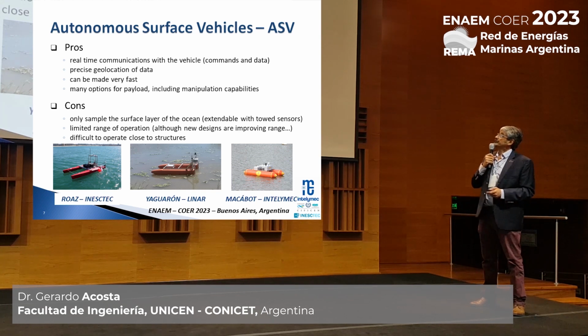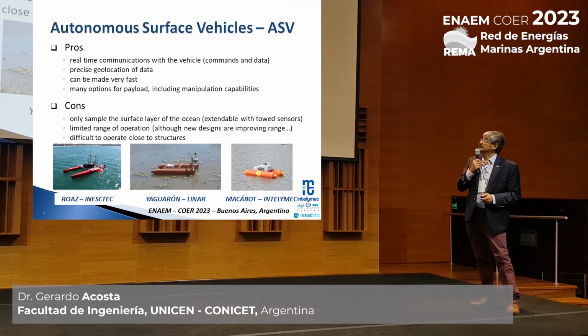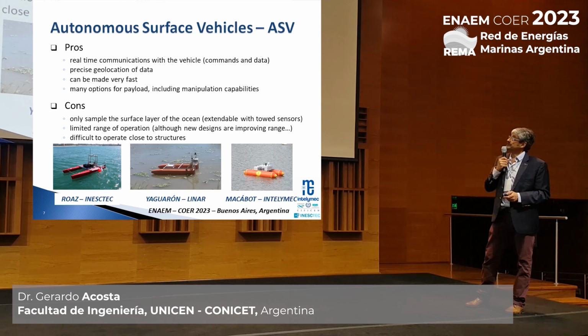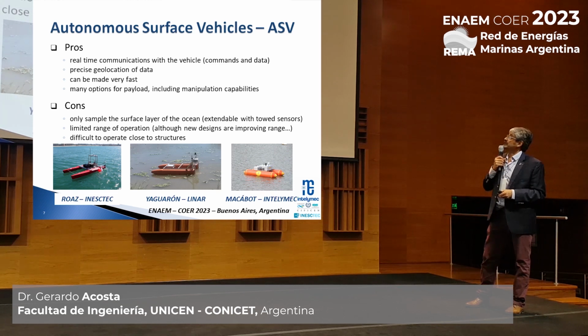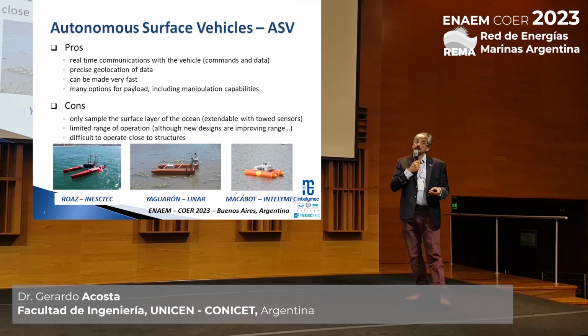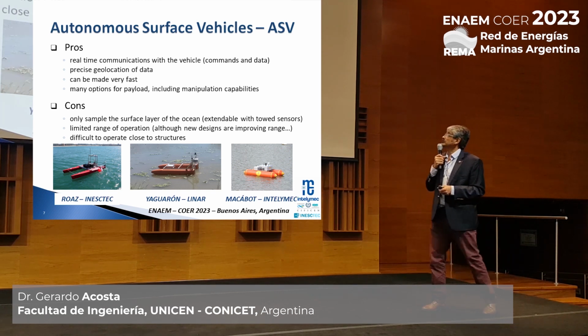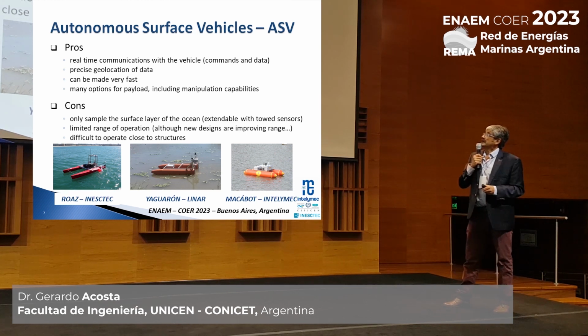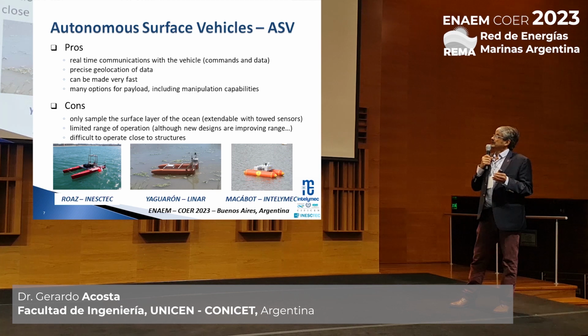They can be made very, very fast for navigation. And in the same way as AUVs, we have many options for payloads, including intervention possibility. I mean, we can have manipulators on board to make some simple tasks. Regarding the disadvantages, we can only sample the surface layer of the oceans, of the